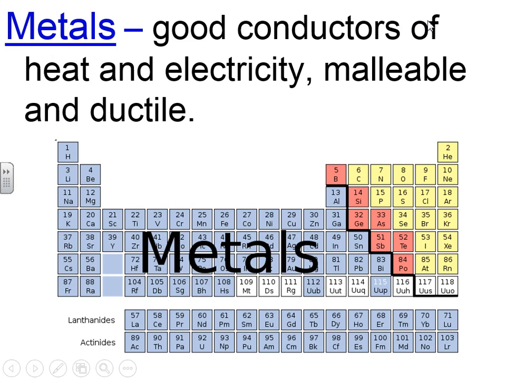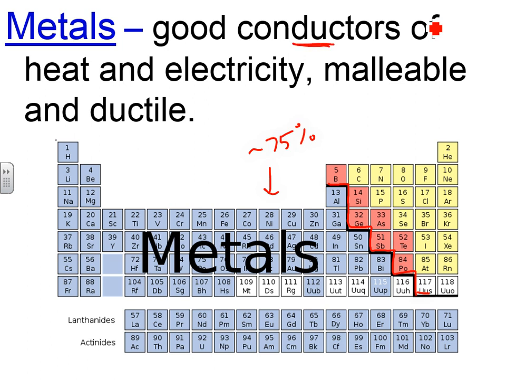Now the periodic table could be subdivided into 3 sections. The first section could be called metals. Now most of the elements on the periodic table, about 75% of them, are actually metals. So 3/4 of the periodic table contain metals. Anything to the left of, we call these the stairs. Here they are, kind of dividing the P block in 2. And metals, by definition, are really good conductors of both heat and electricity.